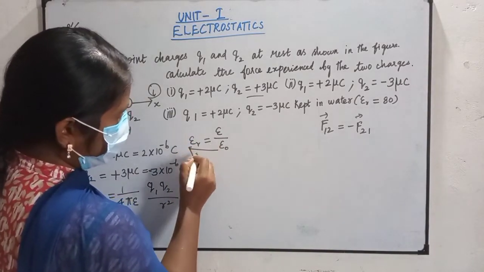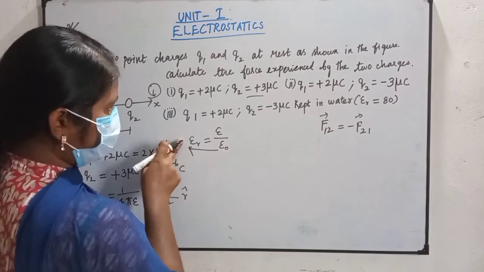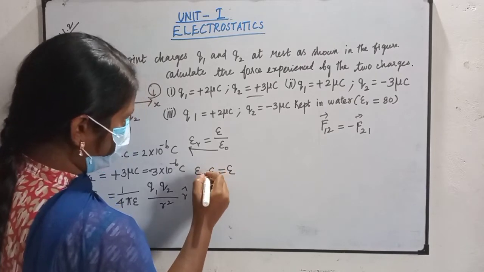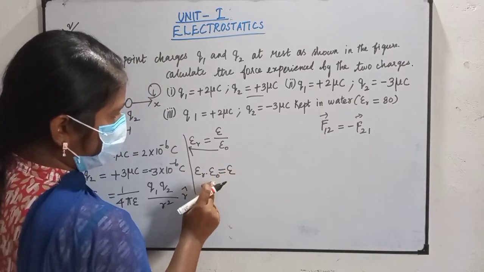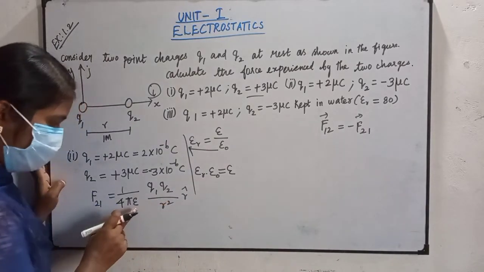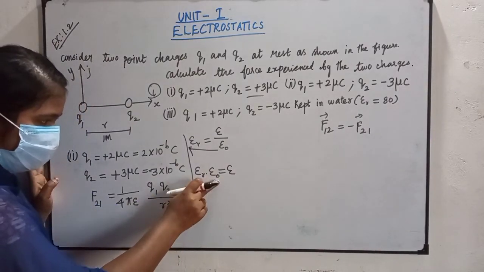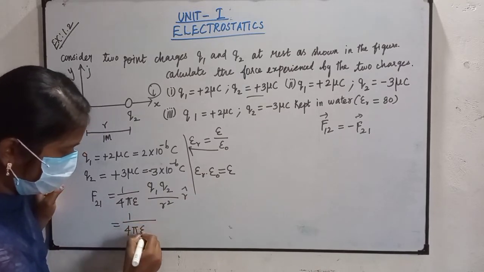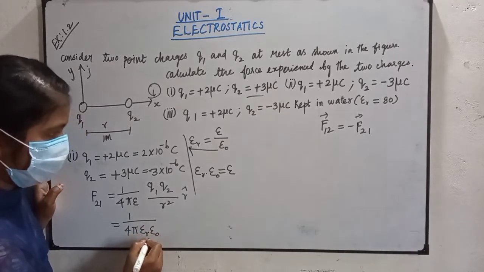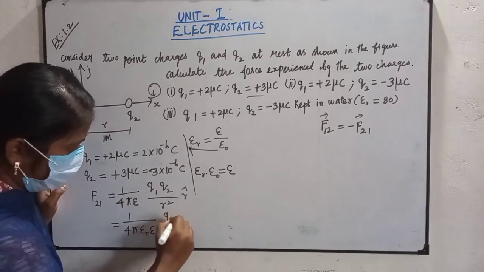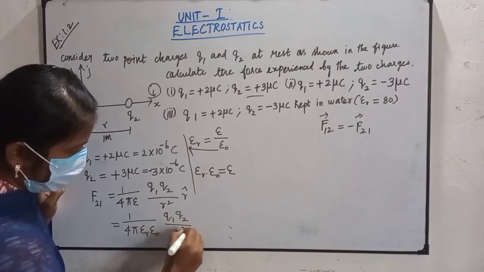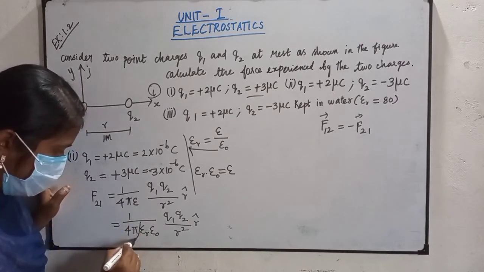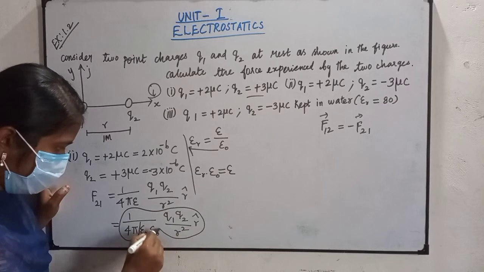Epsilon naught, you bring epsilon naught to this side. So epsilon is equal to epsilon r into epsilon naught. Now I have to substitute these values here. The epsilon value is epsilon r into epsilon naught. So 1 by 4 pi epsilon r into epsilon naught, Q1 Q2 by R square into R cap. So now except this epsilon r, the other terms